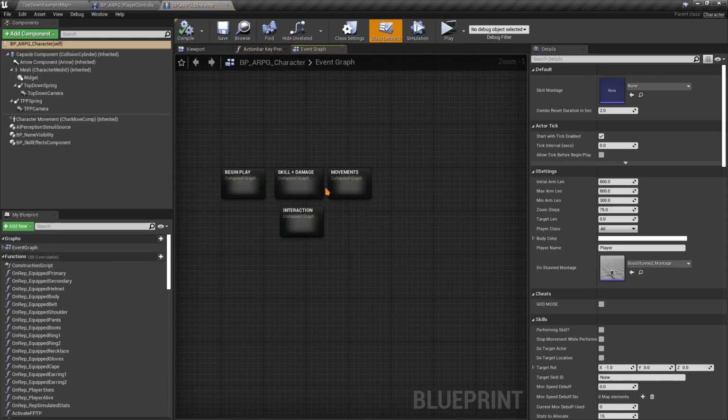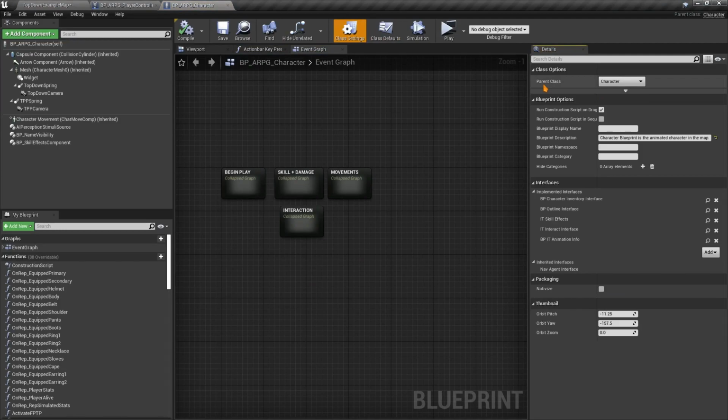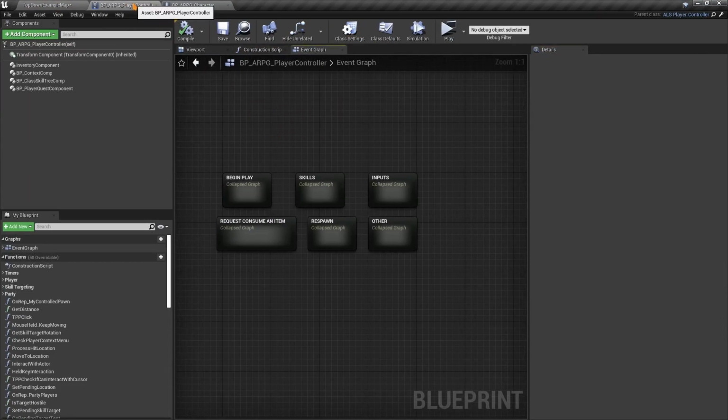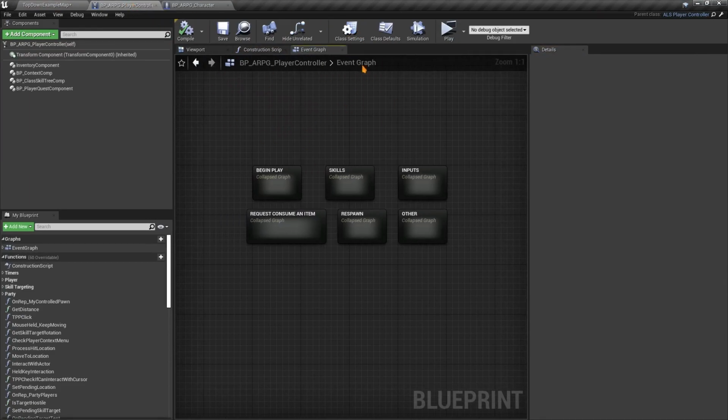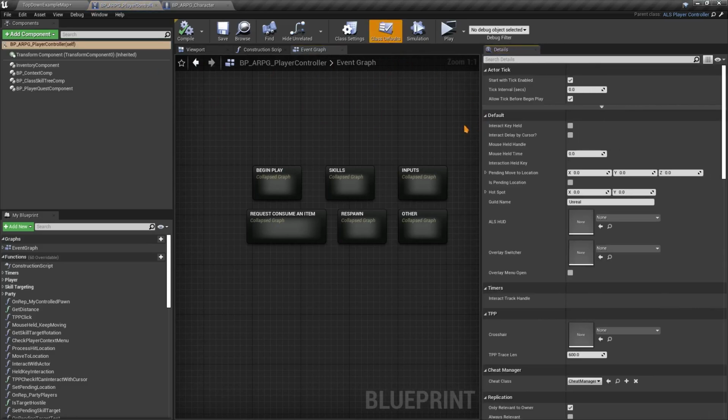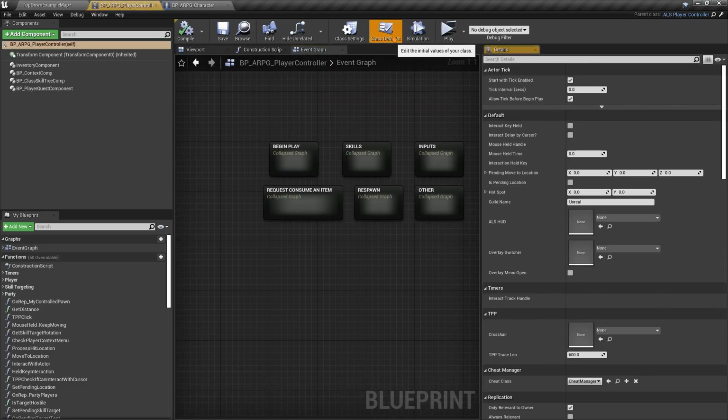So go to the character, class settings, and parent class here. We need to change that to ALS character. But before we do though, I forgot one thing here in the player controller: whenever you reparent your class, you might want to reset some settings to match the parent class. And the way to do that is you click on class defaults, for example, and you go here in this icon here and